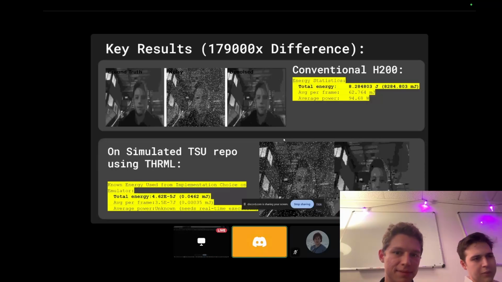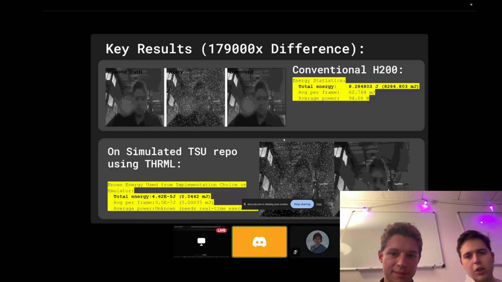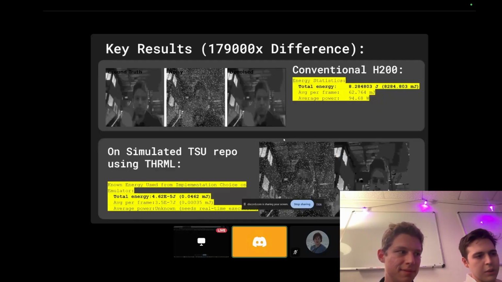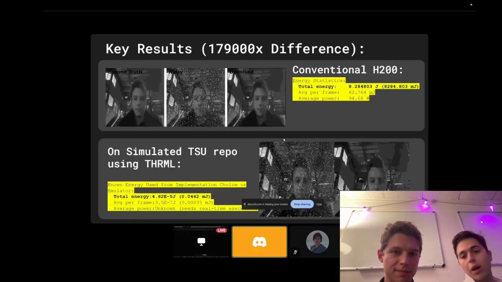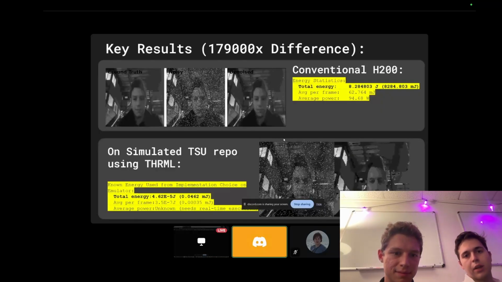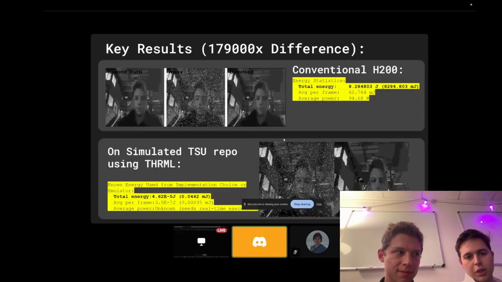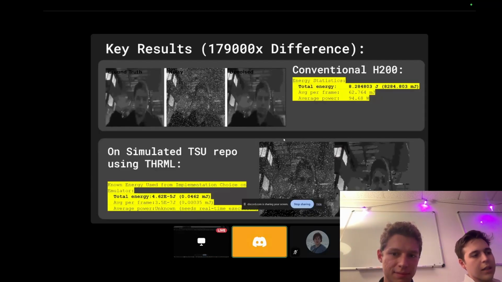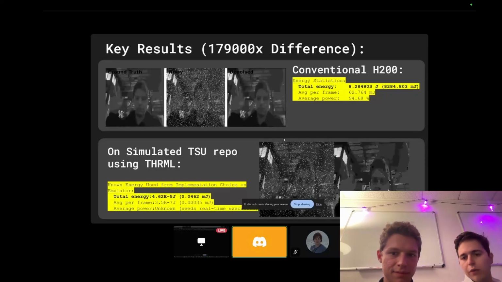Here are our key results. On the top, you can see the conventional H200 running a classical algorithm for denoising, but it is GPU-based, running on CUDA. So this is the best case situation. And then on the simulated TSU, we implemented the same thing, albeit it might be a little bit lower fidelity, but we have a